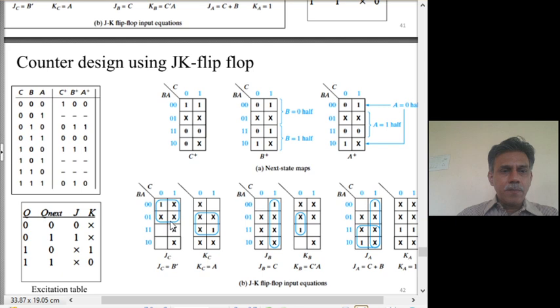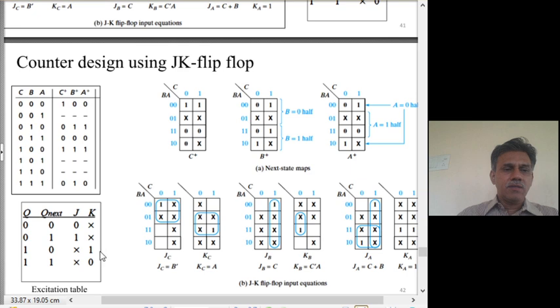So, we have already put x's in the C is equal to 1 K map for JC. We have to only fill this part, and this part will be such that JC will be the same as C plus. Therefore, we simply copy this and put it here. So there is a 1x00, you put 1x00. So, how do we get JC K map from C plus? You simply copy the C is equal to 0 part and put it here. C is equal to 1 has to be x.